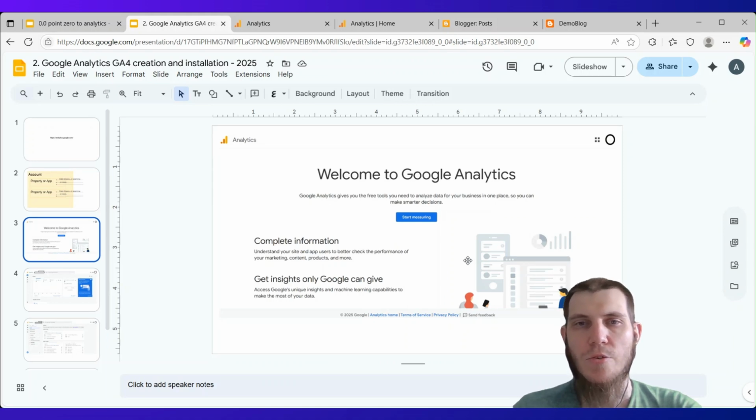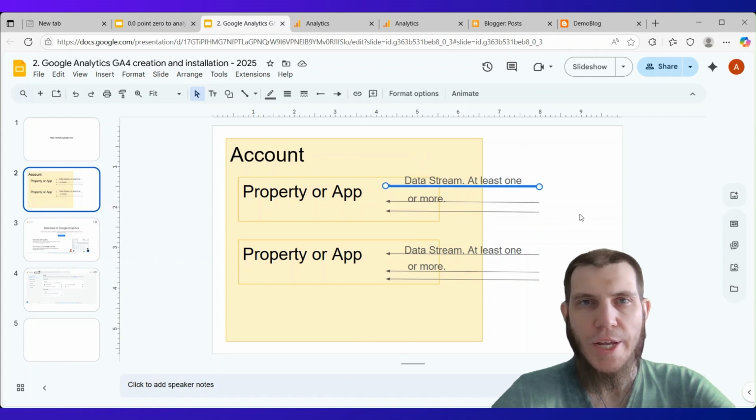Welcome to the part about creating new Google Analytics 4 account and property. The previous part was explanatory, and this part is devoted to going straight to creating. We're going to analytics.google.com,